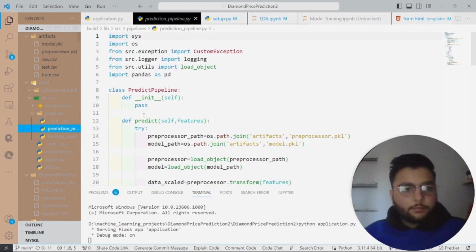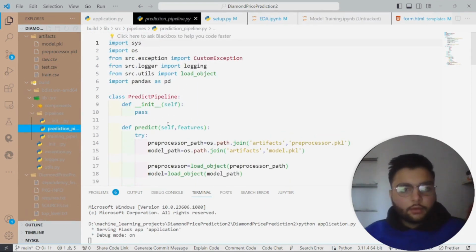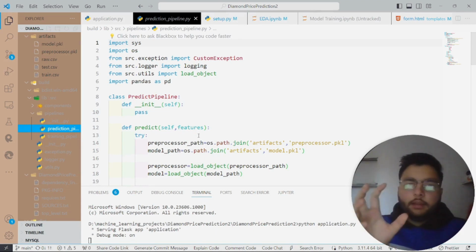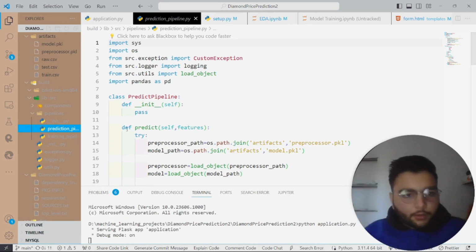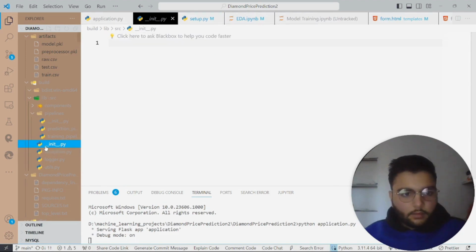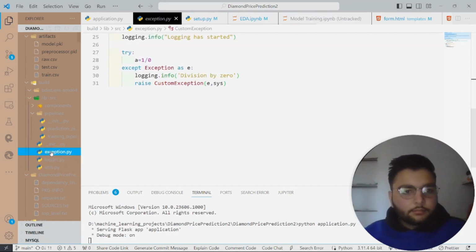And this is our pipeline folder which I was talking about earlier. With the help of this pipeline code, we are pushing our code in the form of a pipeline, and that pipeline will help us make this code deployable and more scalable at a production level. Now the init.py file is basically for linking this entire code package with our environment, with our virtual environment, sorry.